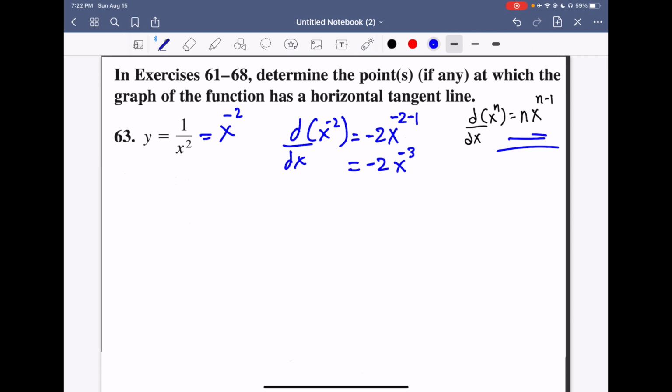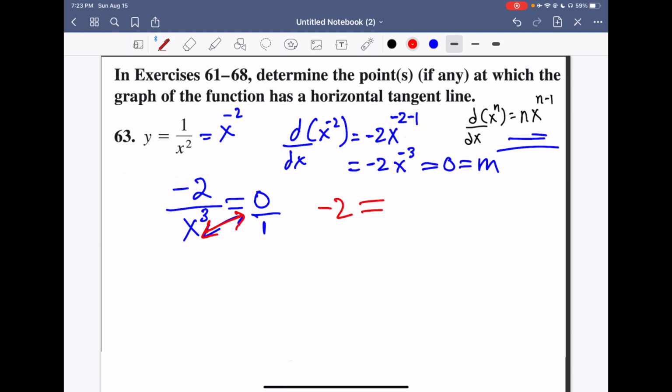Same process, we're trying to find out where this graph has a horizontal tangent line. And if we do the calculations, we have negative 2 on the top. We need to set that equal to 0, by the way, and that's equal to m. So negative 2, then we bring the power down, x to the power of 3, and it becomes positive. We get 0 over 1, which is still 0. When we do cross multiply here, I'm going to change color here. So when we cross multiply, we get negative 2 is equal to 0. We know that that's not true, therefore we don't have